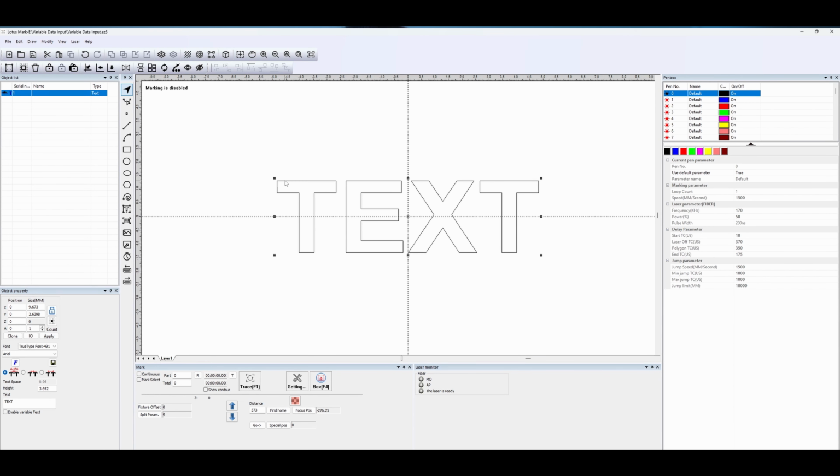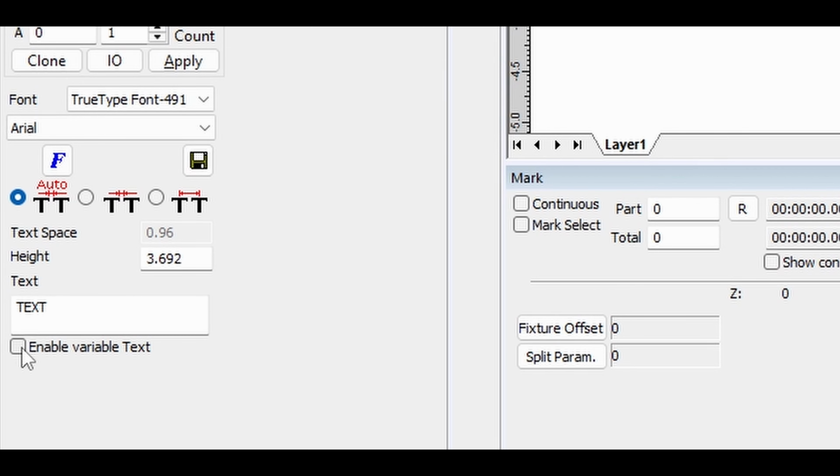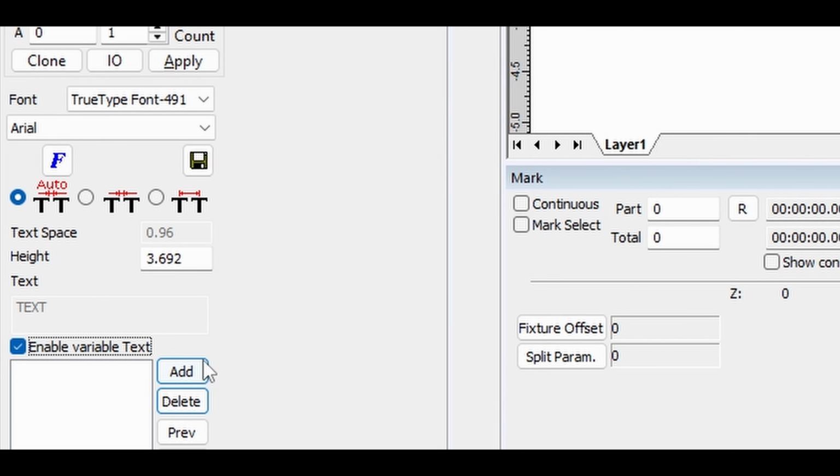Within the LotusMark software, we're going to start by creating a text object. Once this is created, make sure that it's selected, and in the bottom left of the screen, you should see an option to check for Enable Variable Text. This will bring up a list which initially will be blank, but if you click Add, then we can add